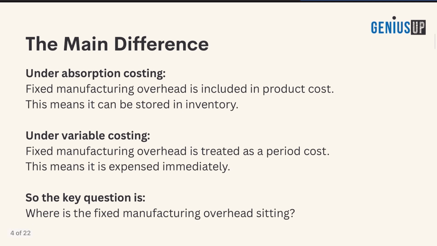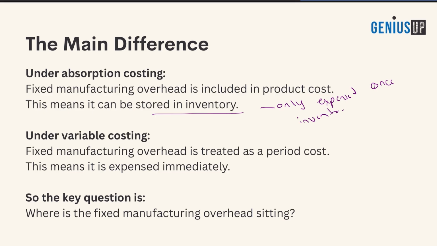The main difference between absorption costing and variable costing is that fixed manufacturing overheads under absorption costing are included in product cost. This means that they are stored in inventory because they form part of product cost. However, under variable costing, fixed manufacturing overheads are treated as a period cost, meaning that they are expensed immediately in the period in which they are incurred. Under absorption costing, they are stored in inventory and only expensed once